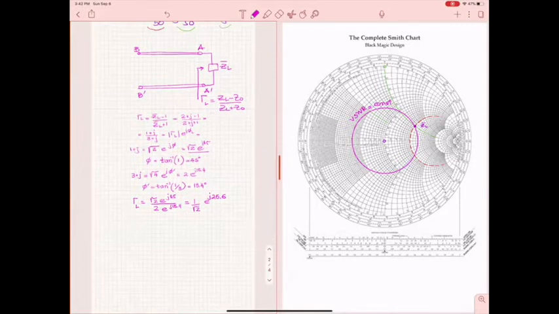Therefore, the magnitude of gamma L is how much? 1 over square root of 5. Do you agree? Which means, and then how much is gamma at every other point? If I am now at this point, at this distance L,